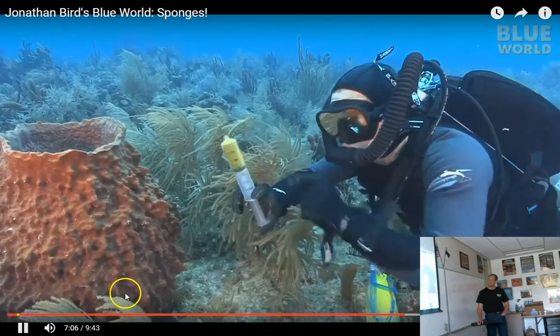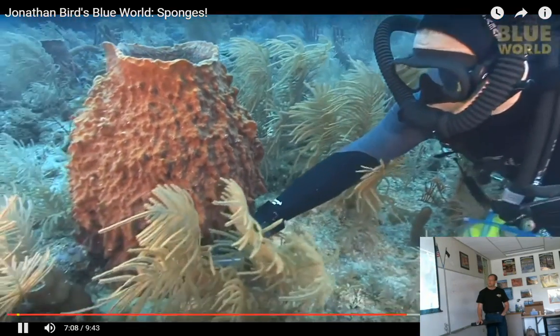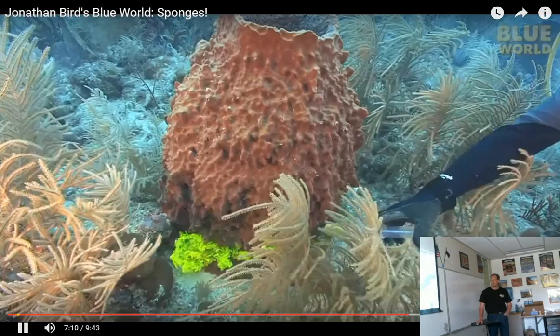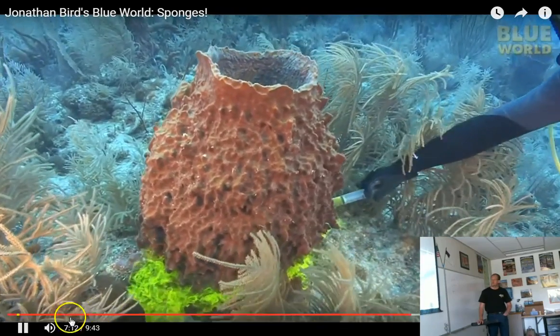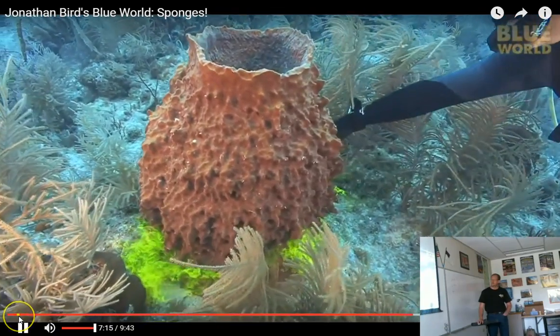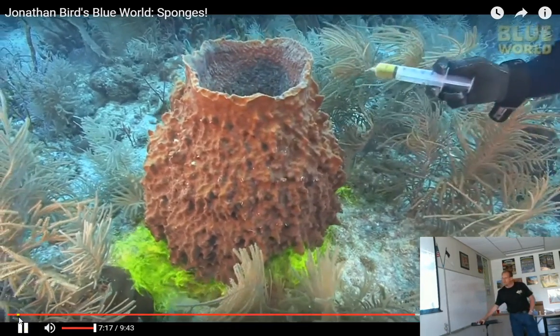The ultimate test is a hefty barrel sponge. What will a big monster like this do? It takes a few seconds for the dye to work its way